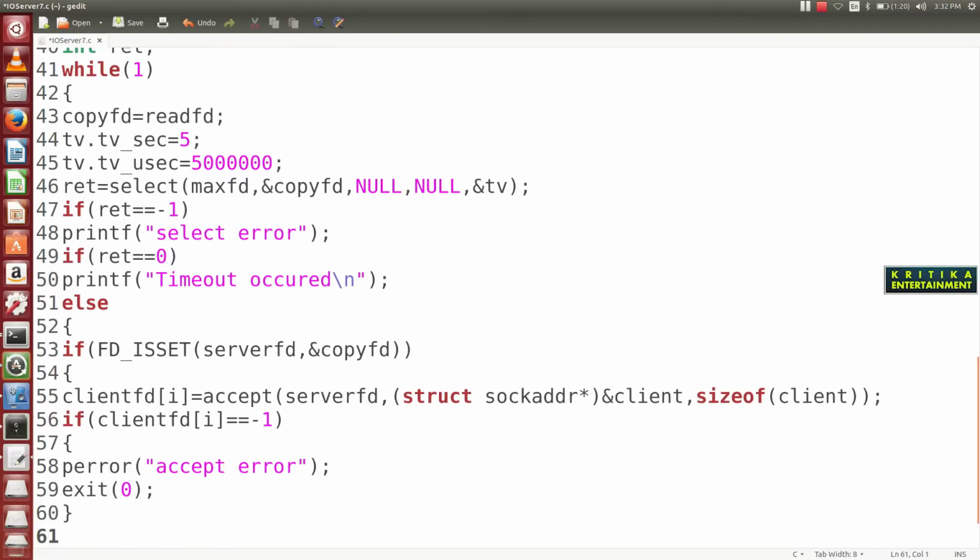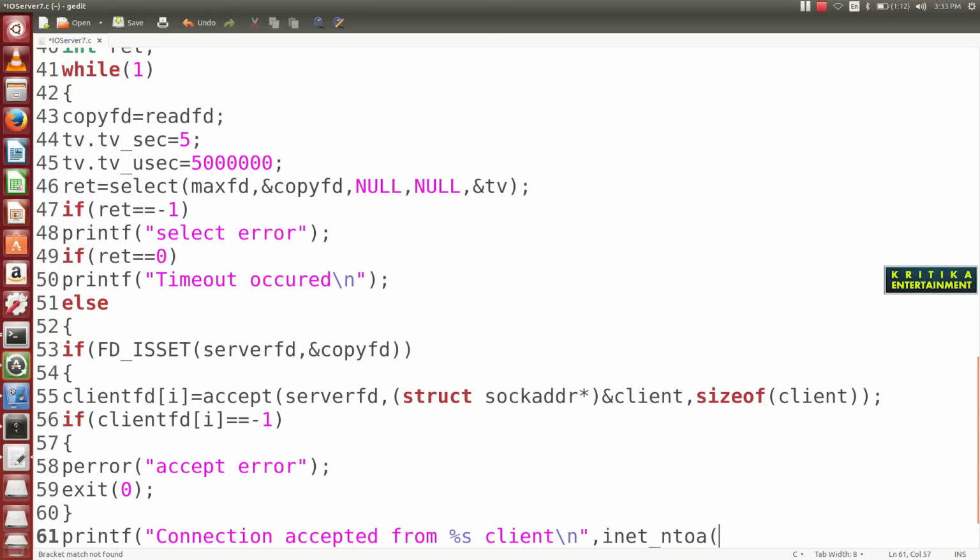Then printf connection accepted from %s, client, then inet_ntoa of client.sin_addr, then close it.